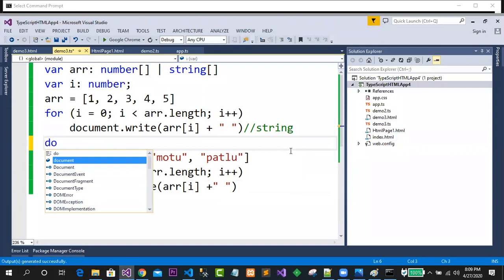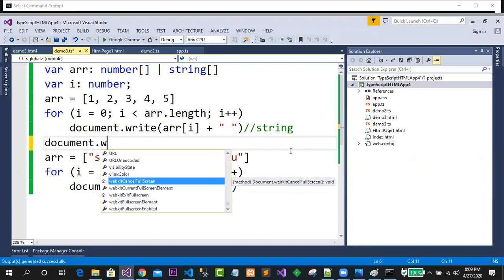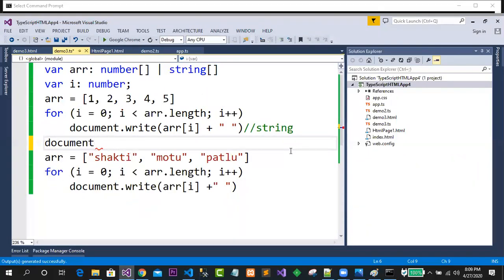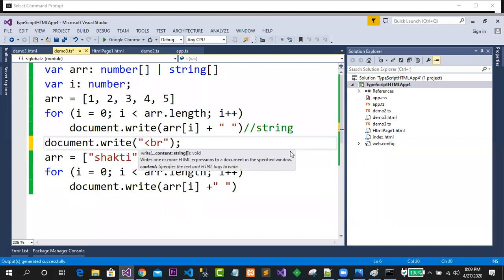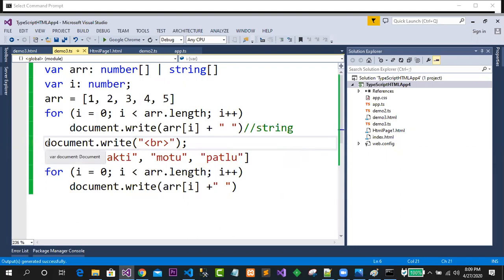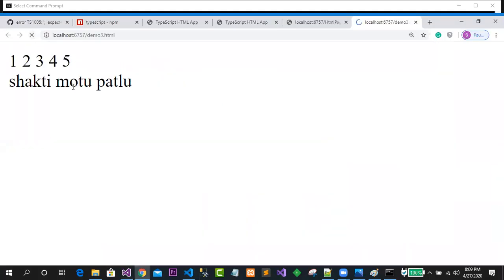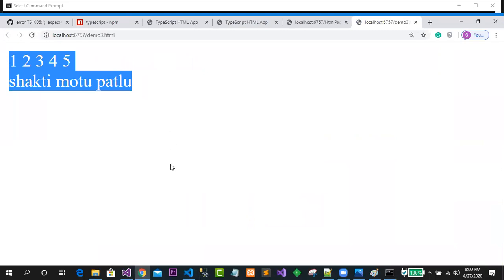Simply I can write document.write with the break tag, and this tag is just making a break here. Refresh this one, and yes, I am getting the output over here.